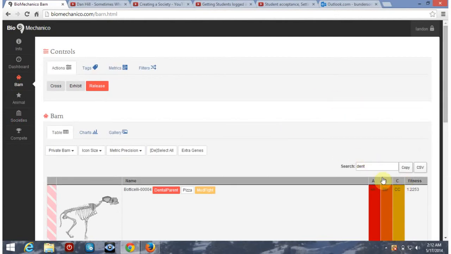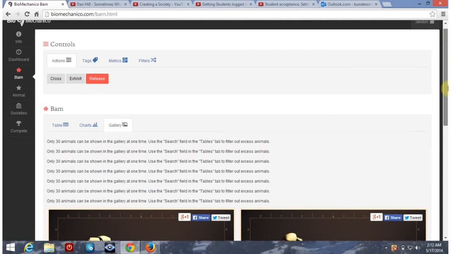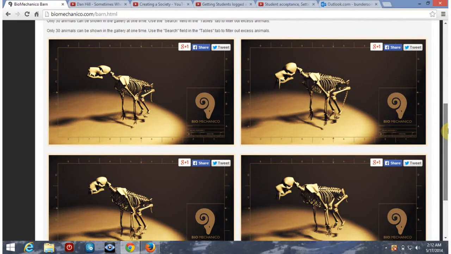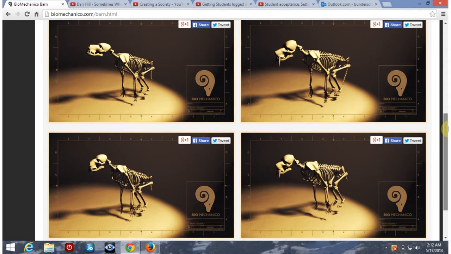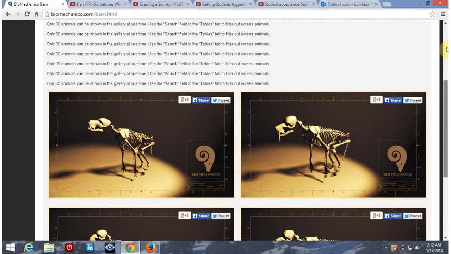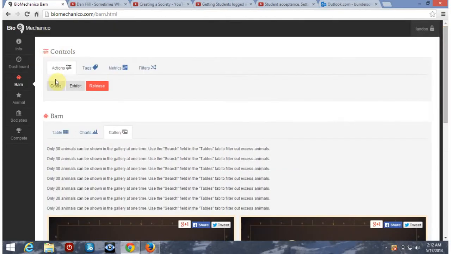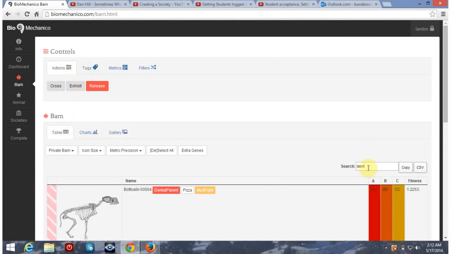And then you can type in generation 1 here, and you can go to the gallery and you can show them generation 1. You can talk about what criteria they used to make selections, and then you can show them generation 2, and you could also tag or name the group that they chose. You could name them generation 1 survivors, and then you could tag them generation 1 survivors and search here,